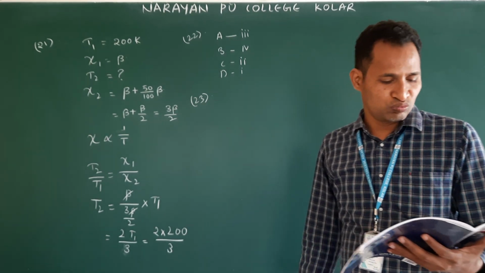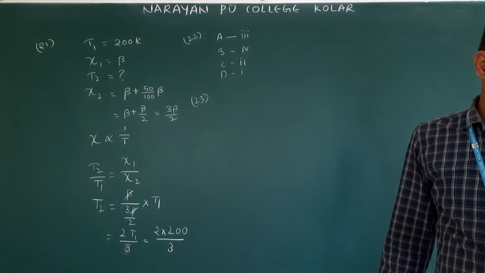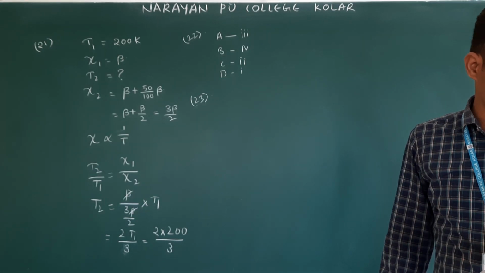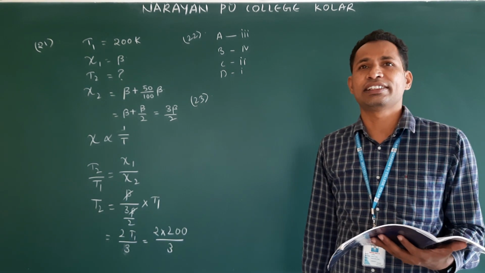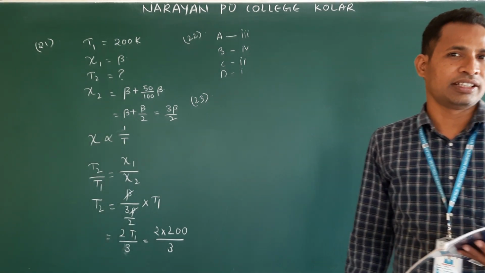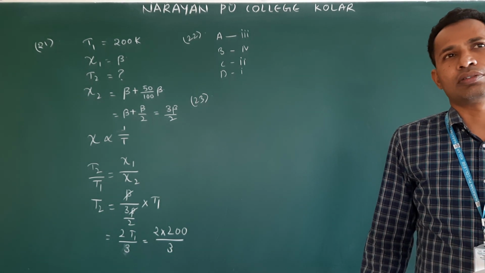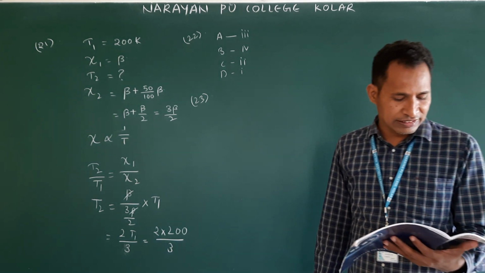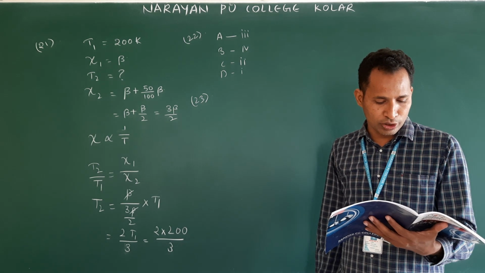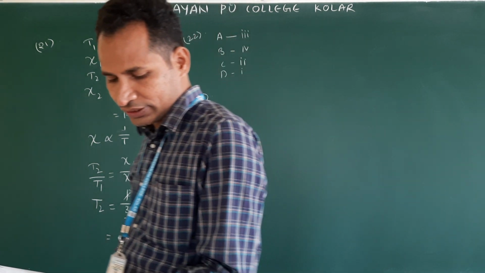Clear? Now, the effect is common to all ferromagnetic substances. The hysteresis loop area is proportional to the thermal energy developed per unit volume of the material. I mentioned energy loss, power loss per unit volume. The area of the hysteresis loop shows the power loss per unit volume. That's correct. First is correct. Second is correct. Hysteresis loop area is independent of thermal energy developed per unit volume of the material. This is the wrong statement. They are asking for the wrong statement only. So option 3 is correct.